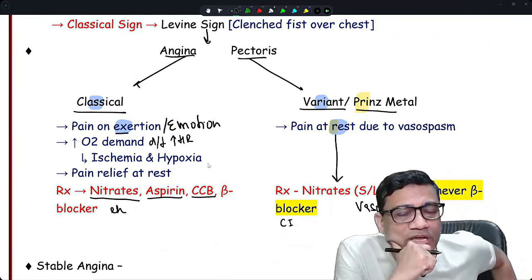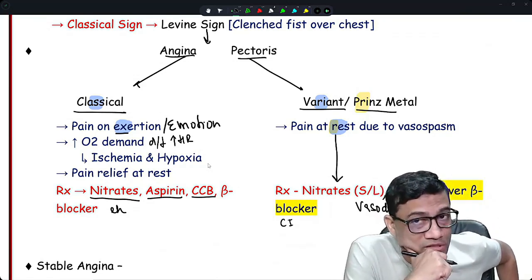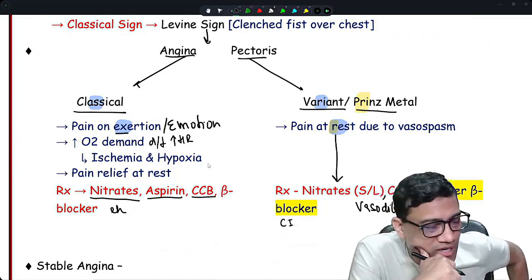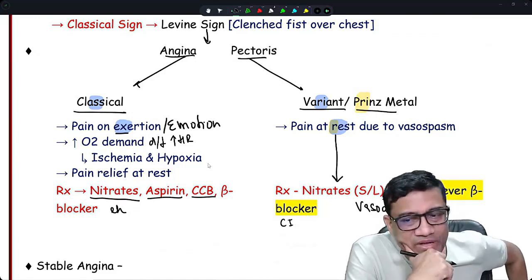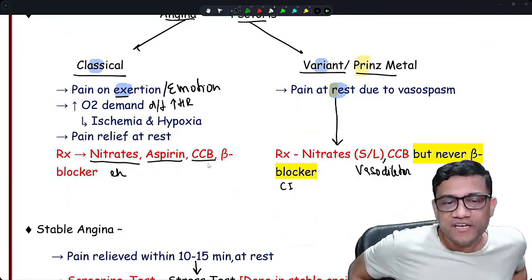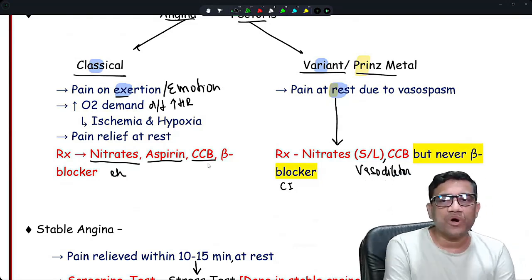Example: you tell your exam result, class test marks, to your parents. Your parents start having chest pain. What is it called? It is called your classical angina. Are you clear? Whereas variant is at rest. Variant is rest. Class C is exertion. And it is also called as Prince